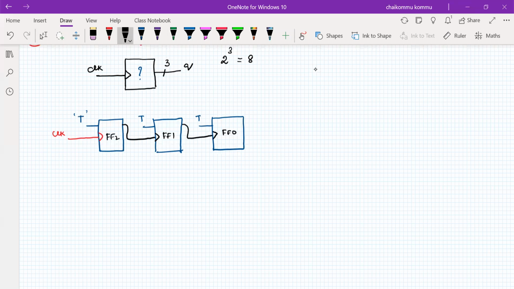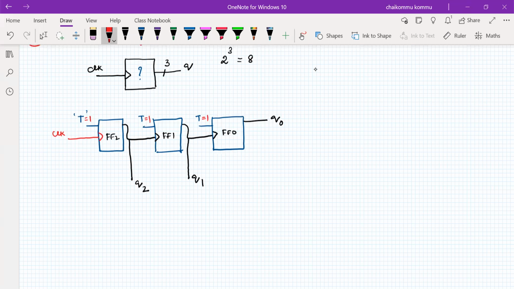So this is called Q0, this is called Q1, and this is also called Q2. The only consideration is this one. If this is to act as a ripple counter, it is necessary to consider that the T input must be 1. If the T input is equal to 1 and we give the clock signal with a connection something like this, then only it can do the counting operation. So this is what normally happens.